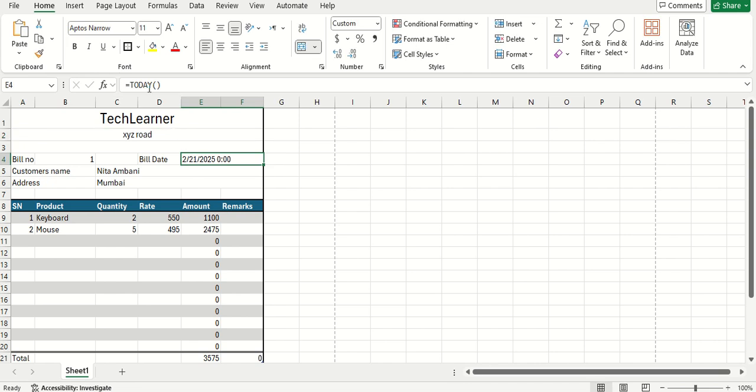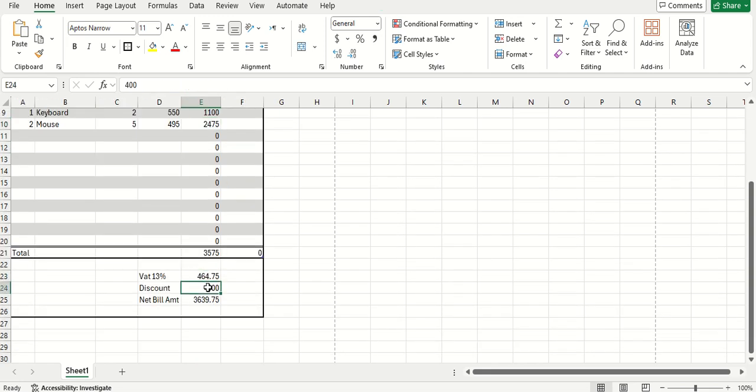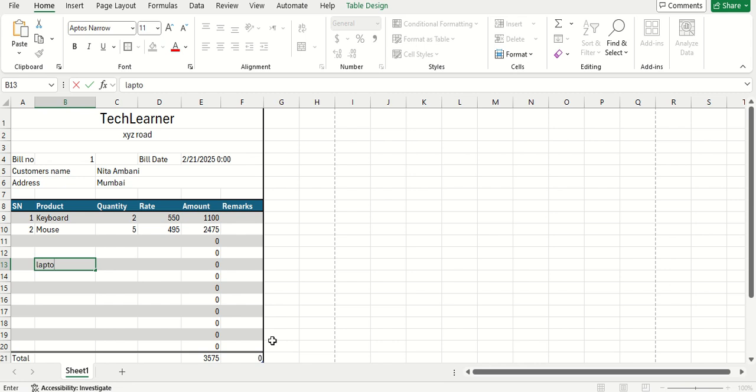Here I put a formula for today's date. Here I put a formula for calculating total and amount, and here is also the VAT calculation. We will give a discount directly and get the final bill amount. Here I inserted a formula. I typed the formula for the automatic number system, like if I am calculating here, if I put an item like laptop,